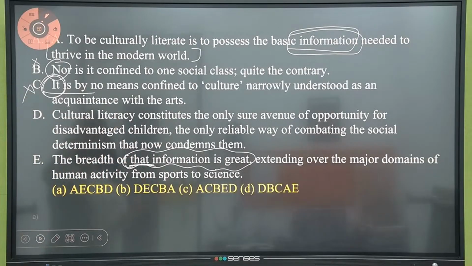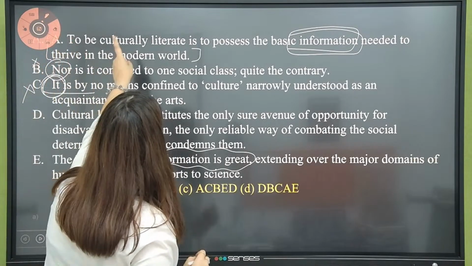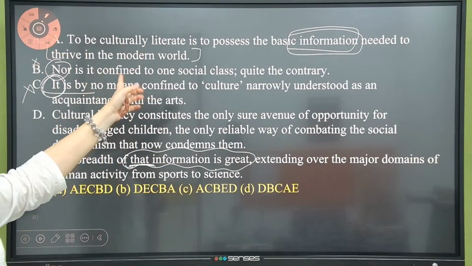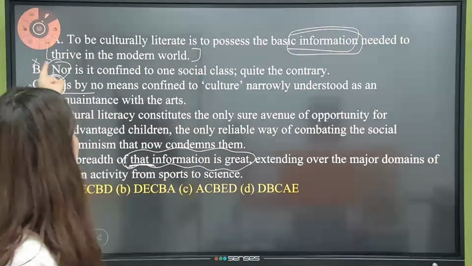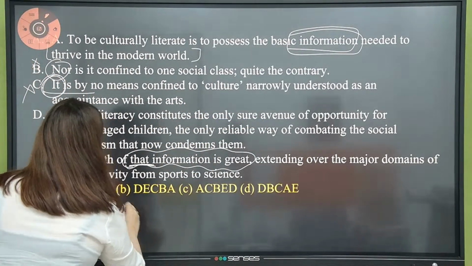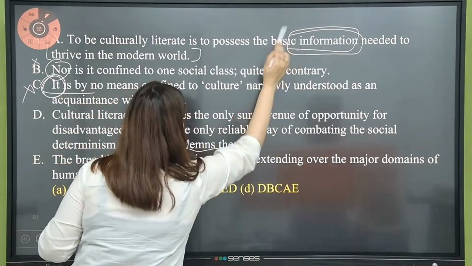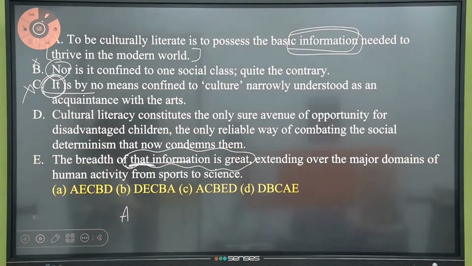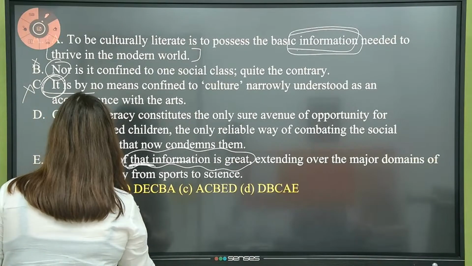To be culturally literate is to possess the basic information needed to thrive in the modern world. The breadth of that information, which information? This information. The breadth of that information is great, extending over the major domains of human activity from sports to